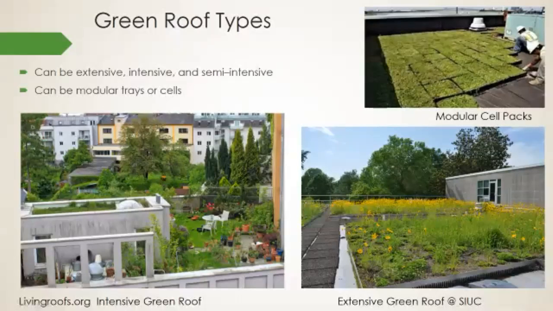So there's a limit to how steep an extensive green roof can be on a roof. It probably would need some kind of infrastructure or grid on a typical home roof, and that's where these modular cell packs can step in and have a usefulness there.